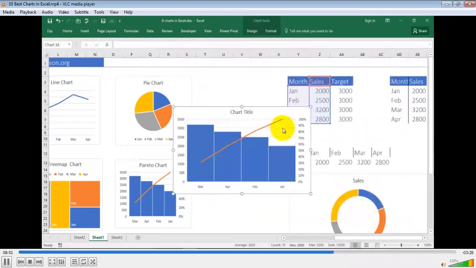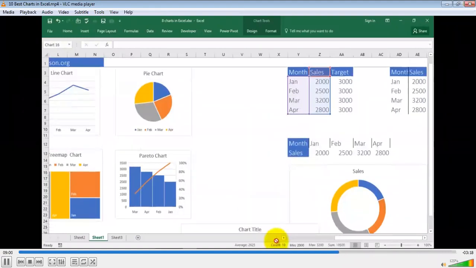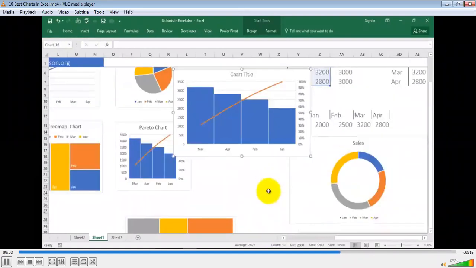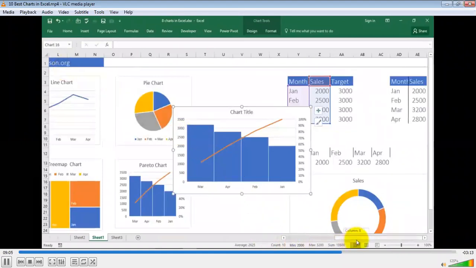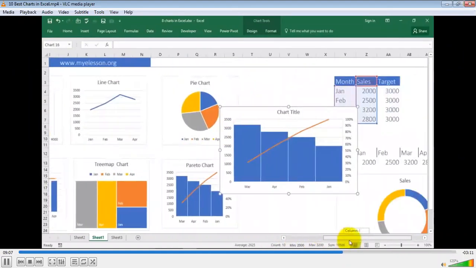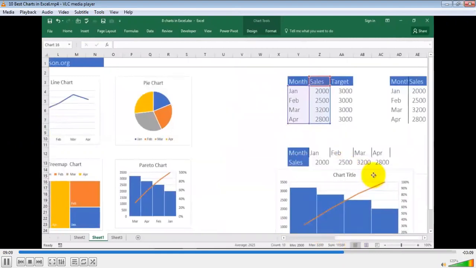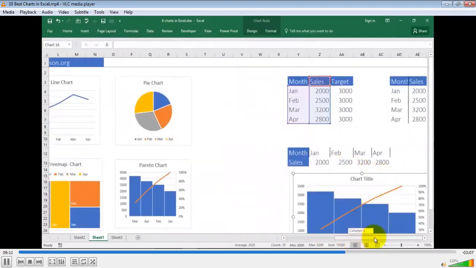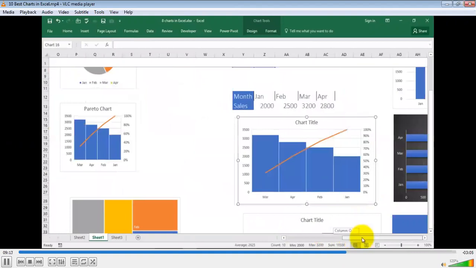So it tells you which sections correspond with 100%, 80%, 90% of your data. For people who want to know more about Pareto charts, please visit my website, myelesson.org, and you will understand what exactly a Pareto chart can do for you in a presentation and how extremely pleased your boss will be.